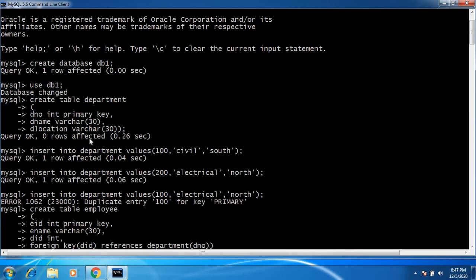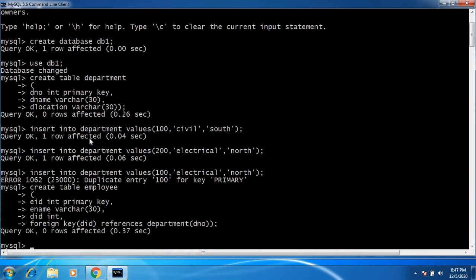We need the same attributes for this. So the foreign key is the department ID, and this department ID is going to refer to the department's department number. Department ID acts as a foreign key. This is how I created this particular employee table.